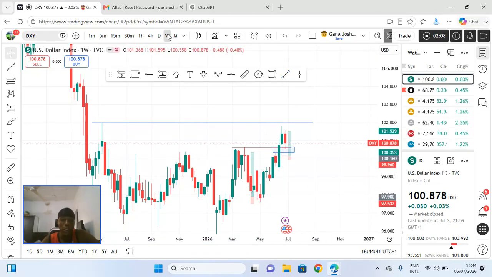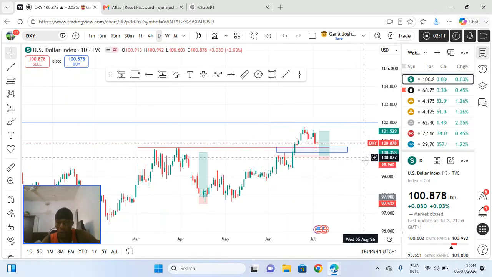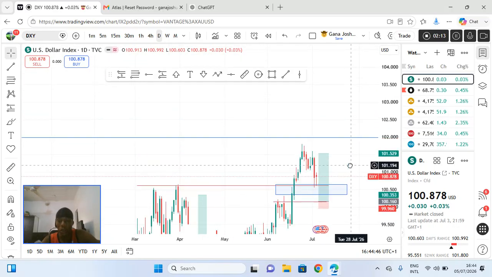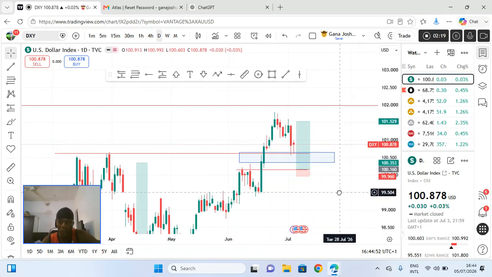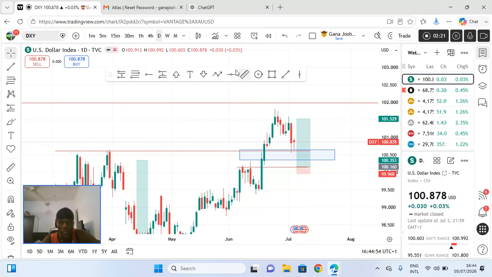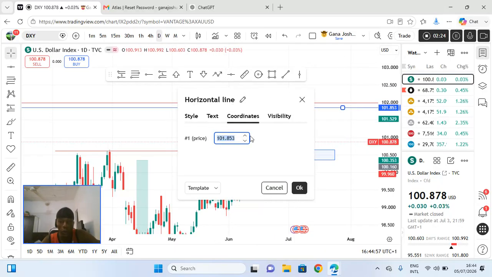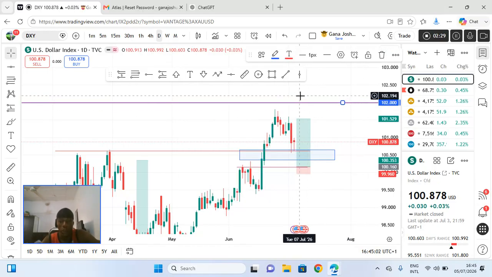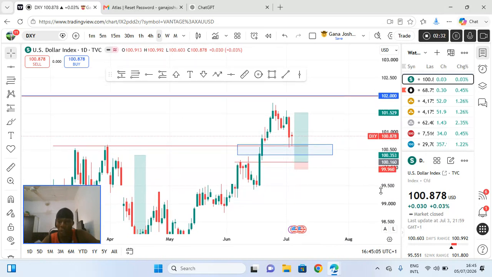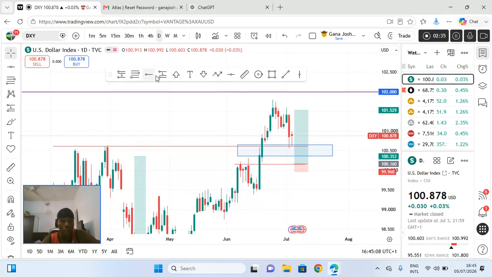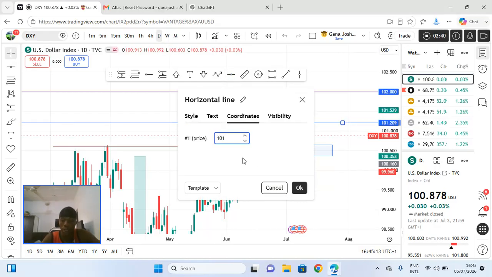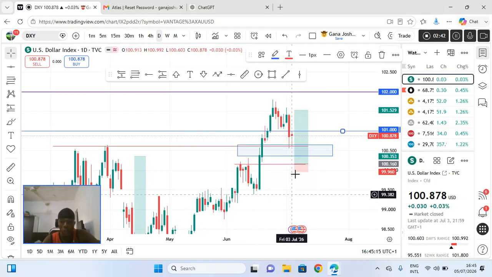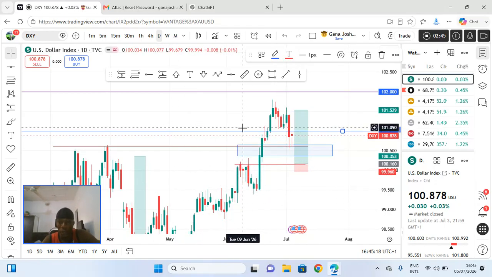So we've been seeing some strength on the dollar. This is another resistance as well, where price started reacting before reaching it. That tells us this resistance around the psychological level of 102 is a very strong one. And 101 is the support level here, I think. Remember, we use psychological levels as our dynamic support and resistance.